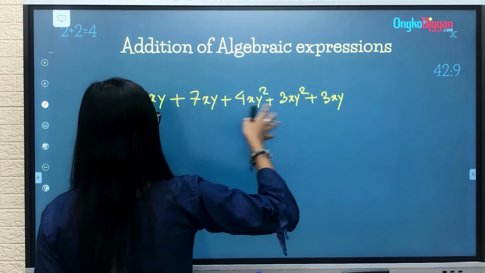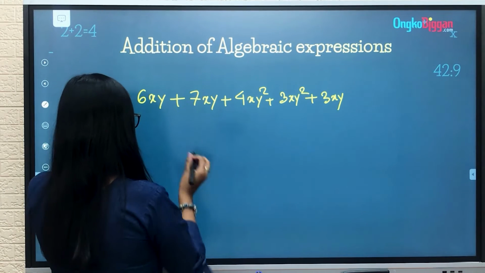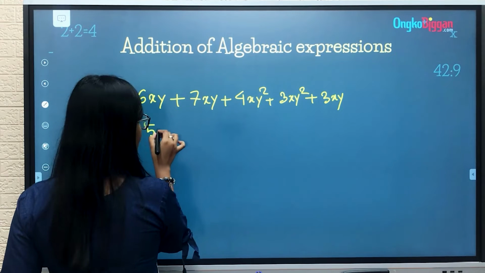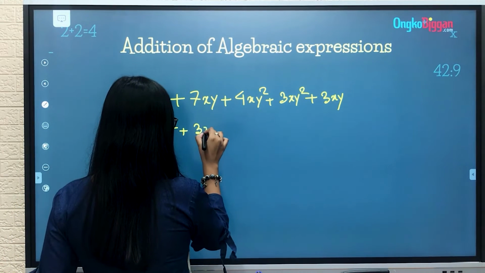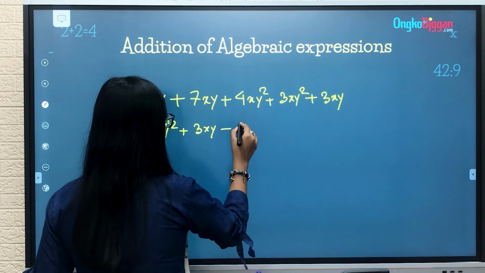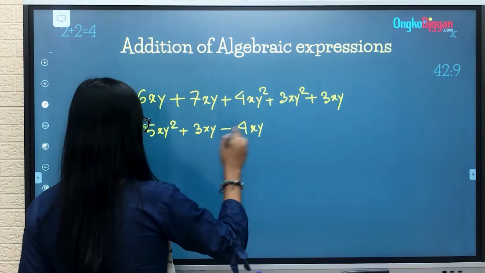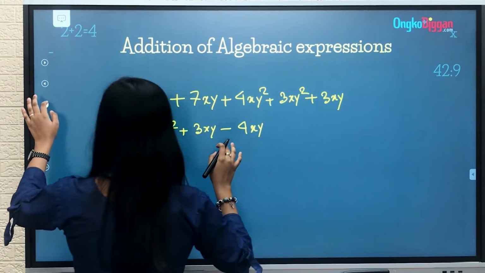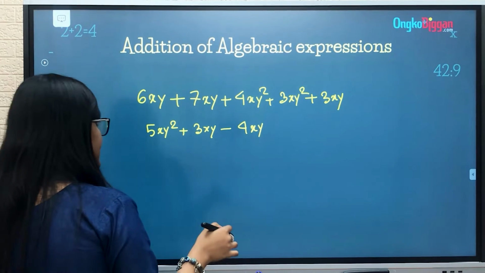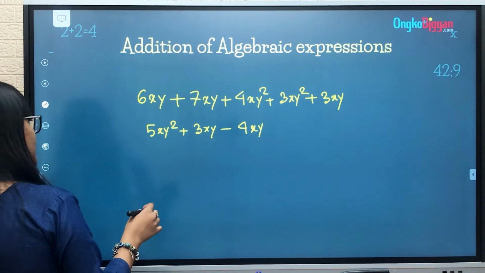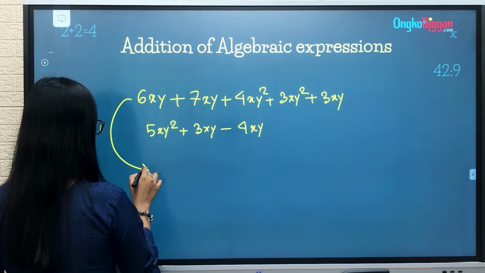So we are given an expression like this. Similarly, we are given another expression like 5xy squared plus 3xy minus 4xy. So what we will do for this addition process, we will firstly simplify the given expression,